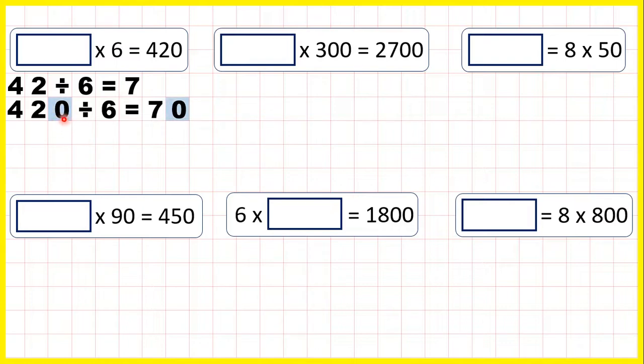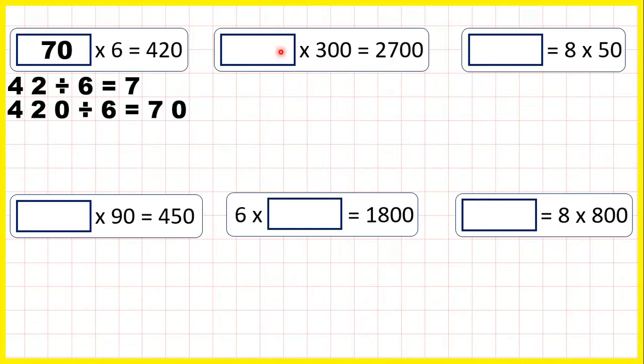have an end zero in the dividend, we need an end zero in the quotient. So 70 times 6 is 420. And we can see if we have one end zero in a multiplication question, we have one end zero in the answer. Now, something times 300 equals